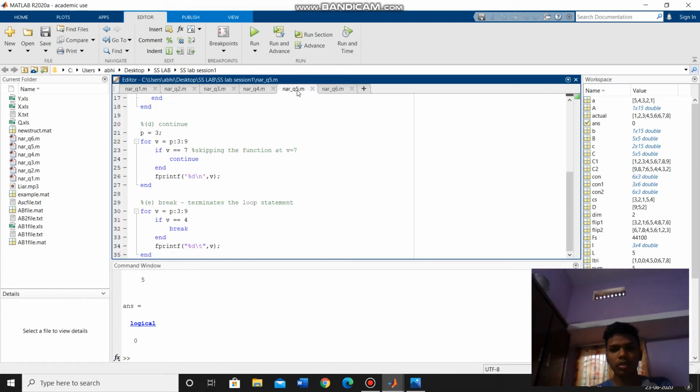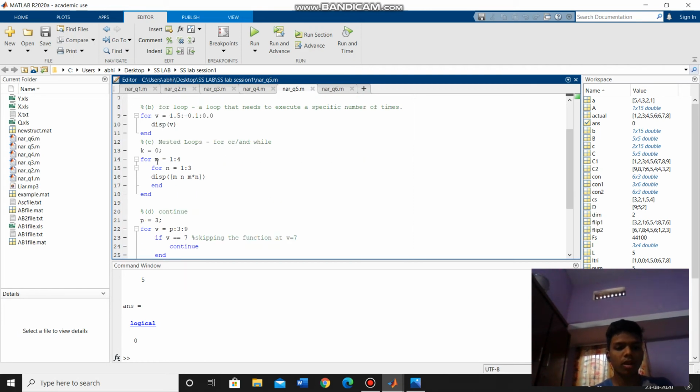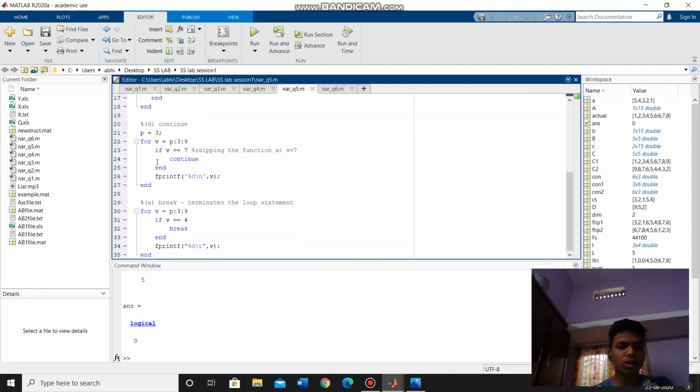Moving on to the fifth question, in this question I have used while and for loops, nested for loops, and continue and break statements.